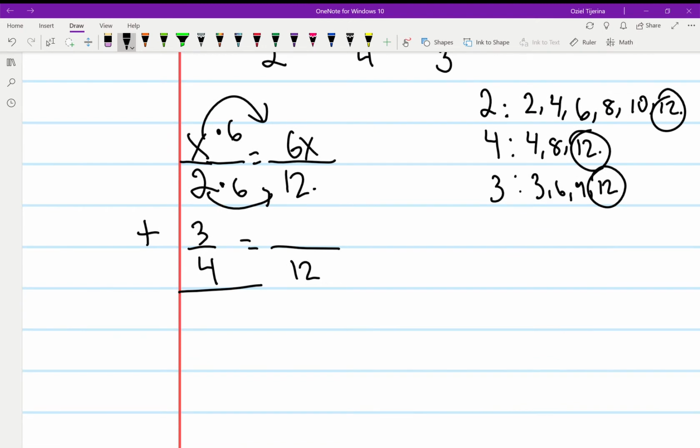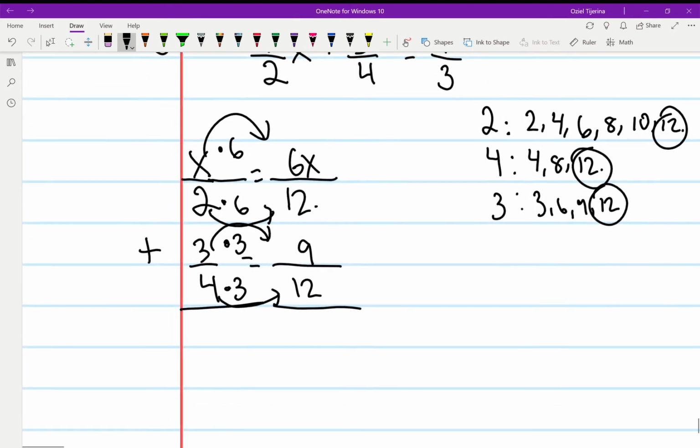And then we have 3/4. To get to 12, we multiplied by 3, and what we do to the bottom, we do to the top. So we have 3 times 3, and we get 9. So we have 6x over 12 plus 9 over 12, and that's going to be equal to